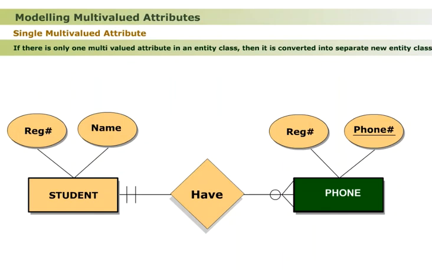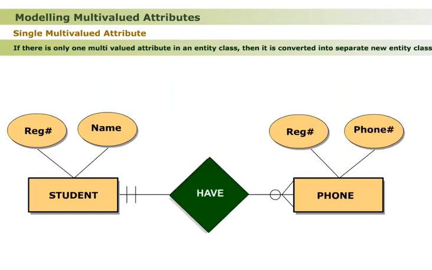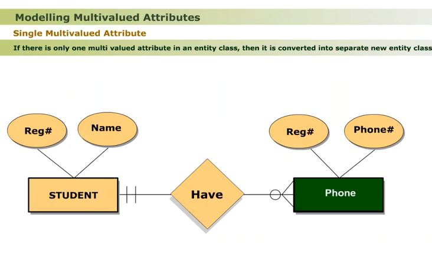The newly created entity class phone has two attributes, registration number and phone number. Both attributes collectively form composite key. The relationship have is established between original entity class student and newly created entity class phone. Dear learners, this modeling of multi-valued attribute introduces new types of entity classes. These are